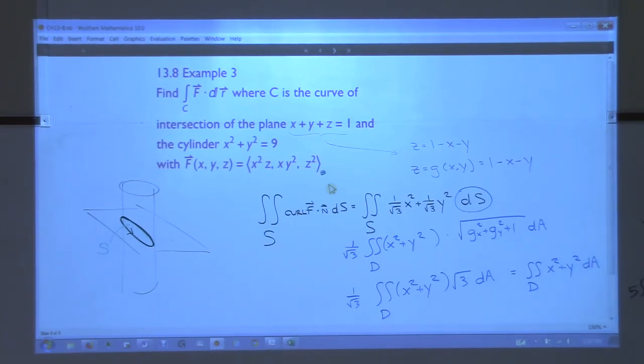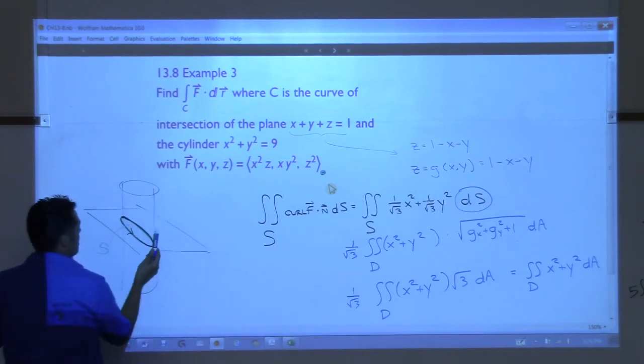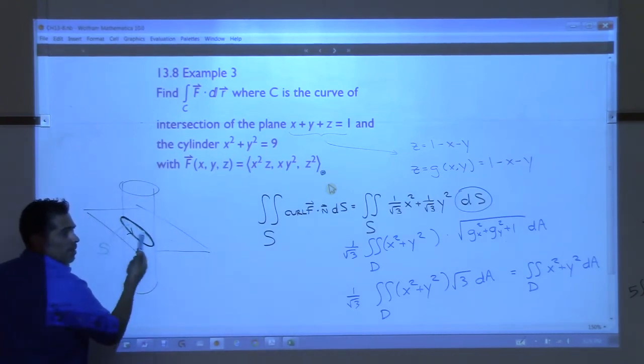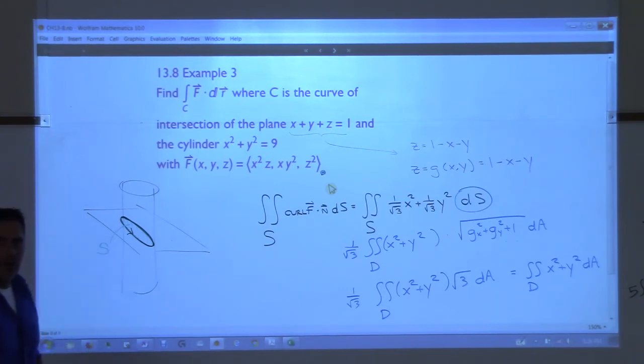Well, let me put this in. We have this. 9? Yeah. That's only if you were living on the cylinder. You're not, this is only the boundary this way, right? What we've done, well, let me see if everyone's, maybe I can walk through this because we only have 5